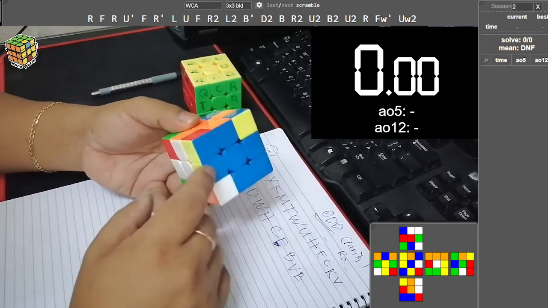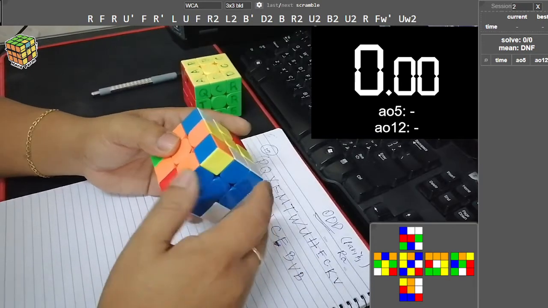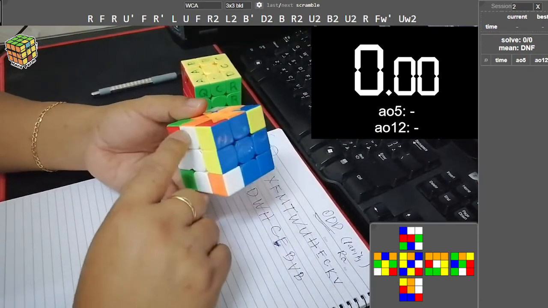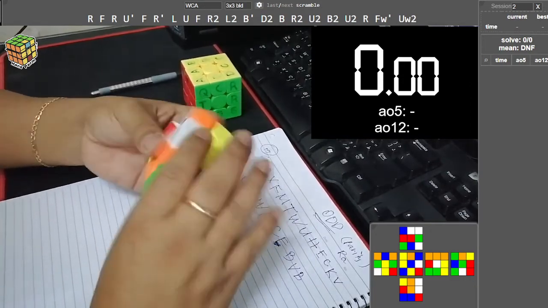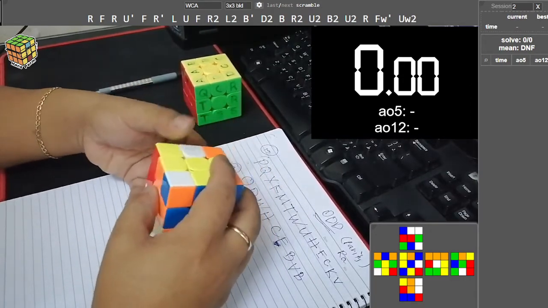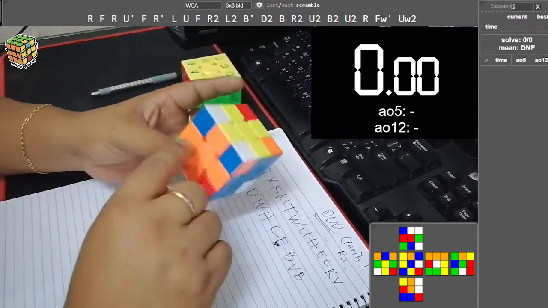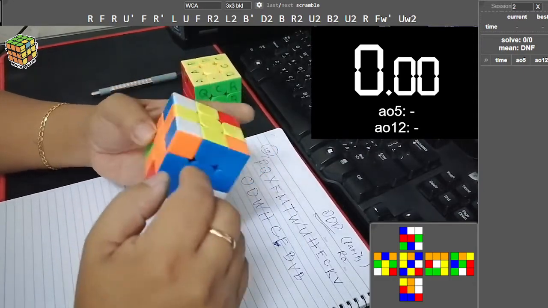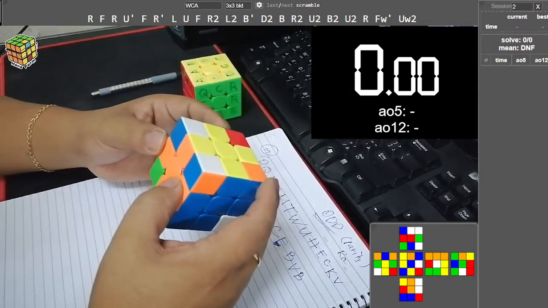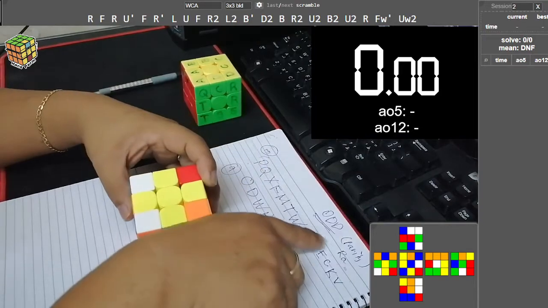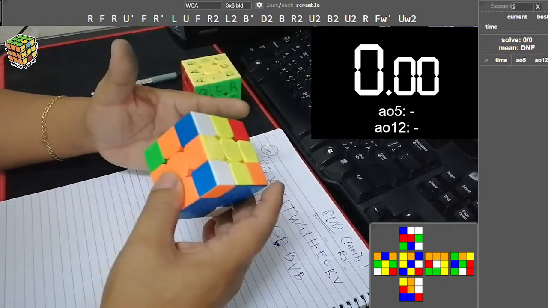Alright, okay, it's not yet fixed because it's an edge flip. Let's now perform B. B is U, B, B, D2, L2. Now perform D prime, L2, and D2. Right, now you see all the edges are now fixed, and this time we have to perform the parity, because this is odd, we have to perform the parity, which is the